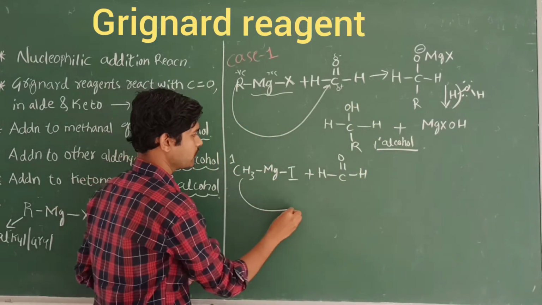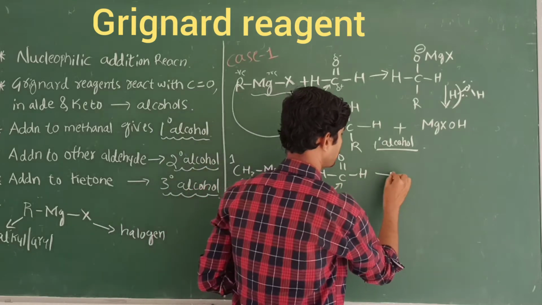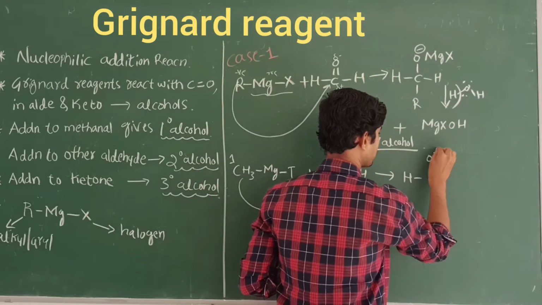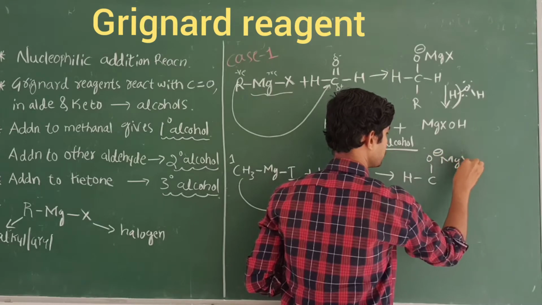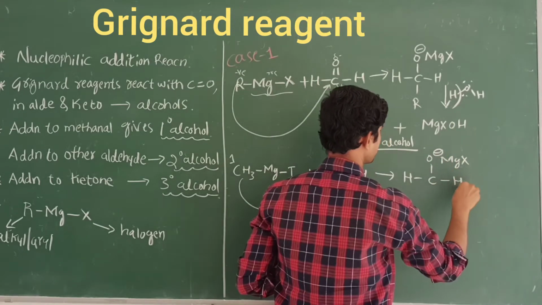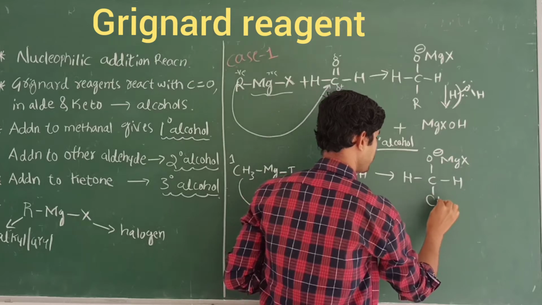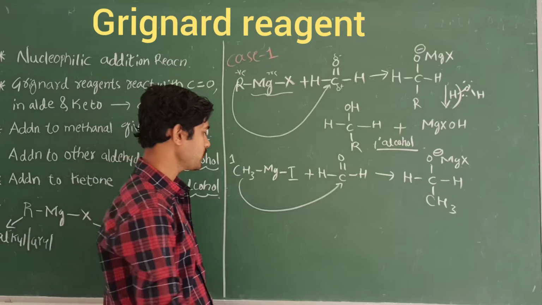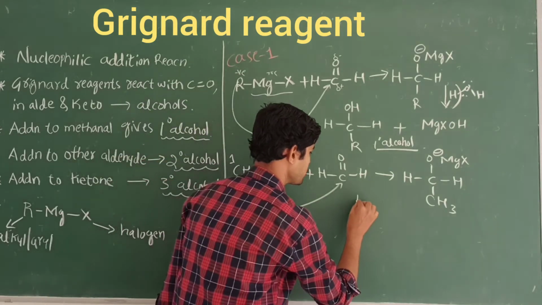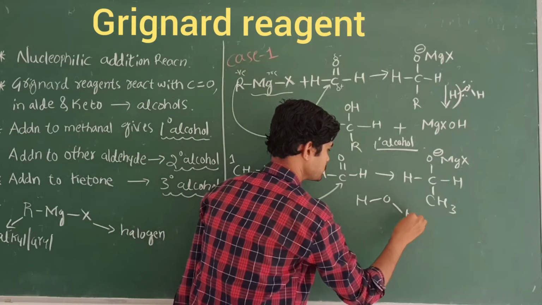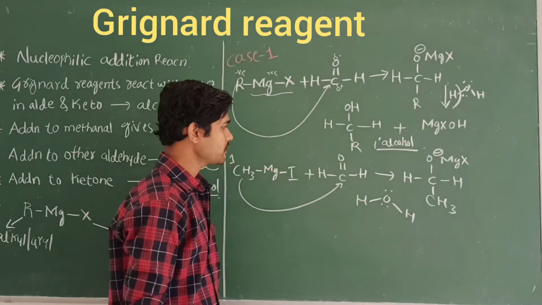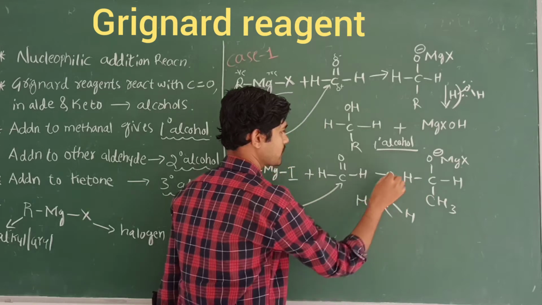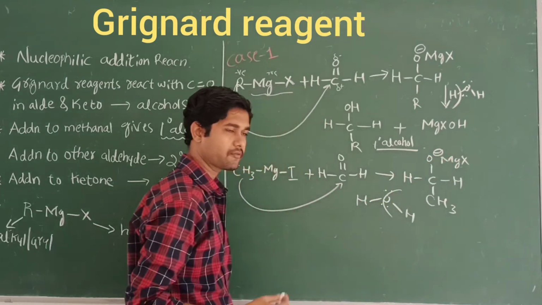This nucleophile goes and attacks the carbonyl function. What do we get? The same intermediate, with H as it is, and instead of the R group we have the nucleophile CH3 here. This is called the intermediate step. When I treat with water, there is further hydrolysis. The OH group comes and attacks the MgX, and the H comes to the O minus, giving the primary alcohol.